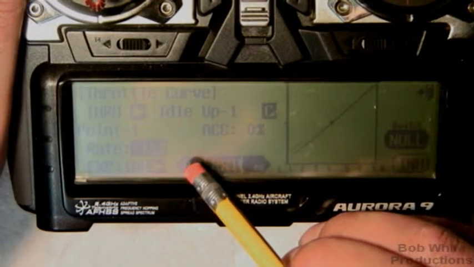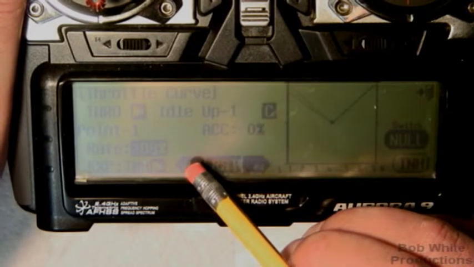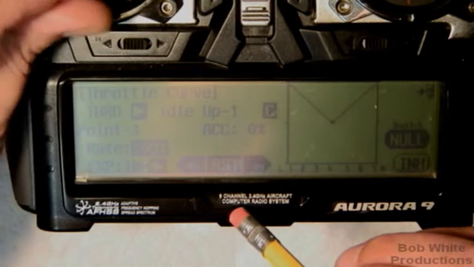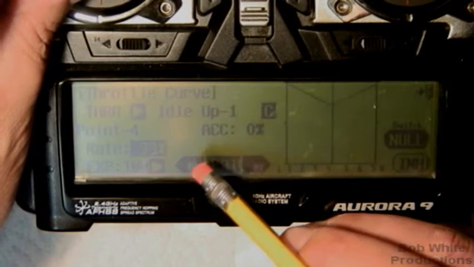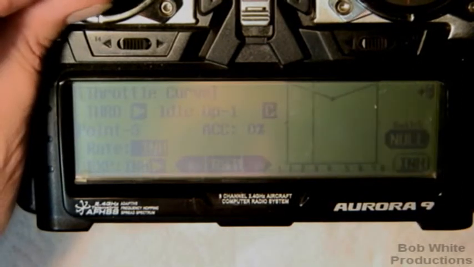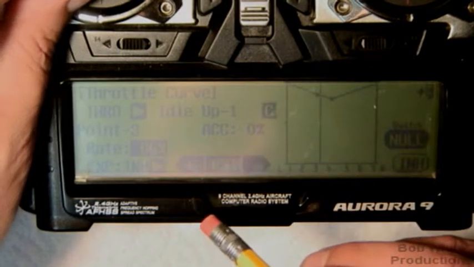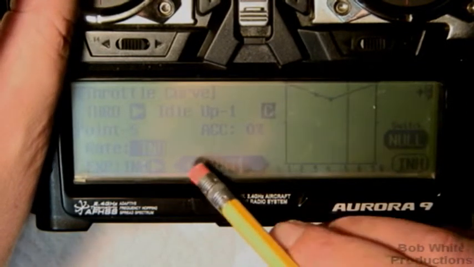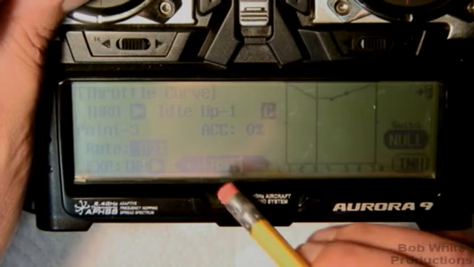So then I go down to my first point and I bring it up to the 100%. There's your standard idle up curve. And let's say my middle point's a little low and I want to bring that up to say 80. You know, if this is a nitro or something. So there's kind of my curve. If I wanted to make that more U-shaped, I simply add back those points. And let me add this one back, and I can bring them down a little bit to give me a little bit of a U shape. Okay,